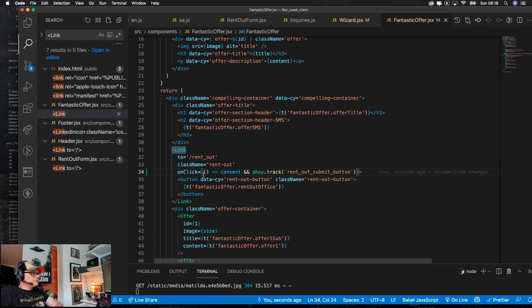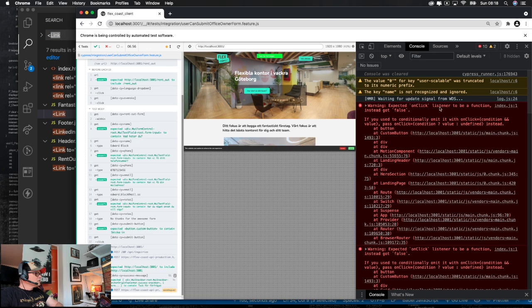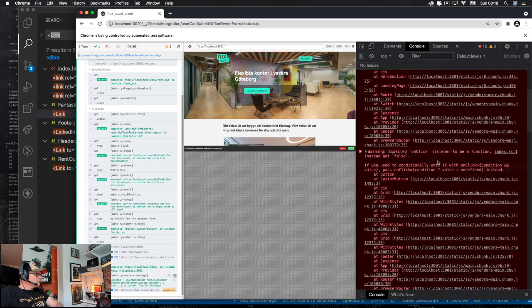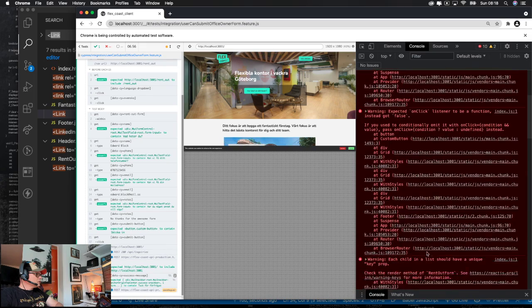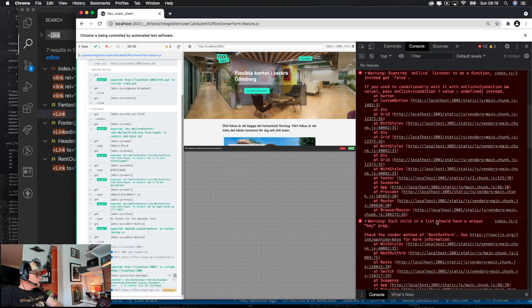Right, so do I need to check for all onClicks here now? What was that? So there's like 1, 2 onClick warnings each child. So I can rent method rent out form.